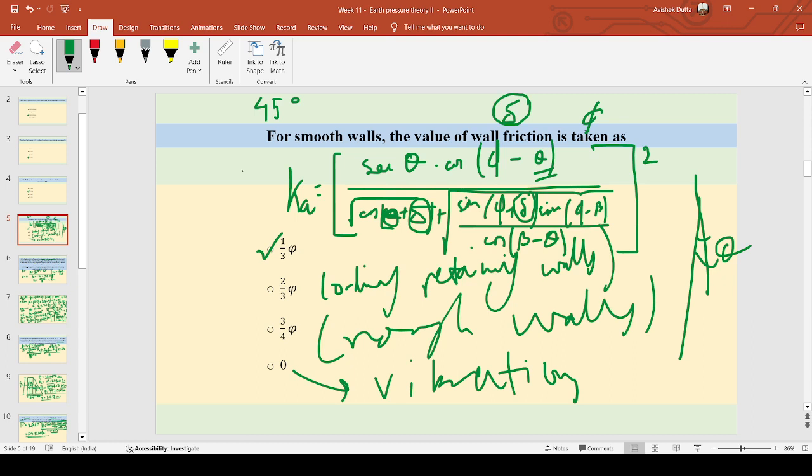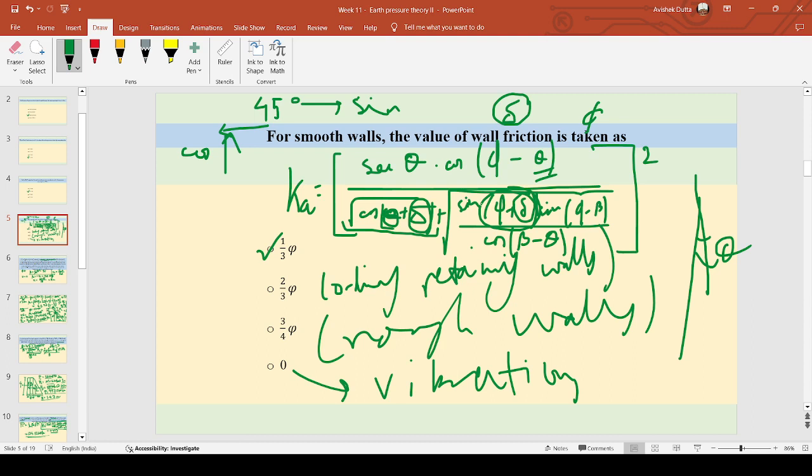Now we know below 45 degrees, cos is more than sine, right? Cos values are more than sine, and after 45 degrees, sine values are more than cos. So in the first part of the denominator, cos of theta plus delta, there is a high chance that this angle will be less than 45 degrees. But in the second part, sin of theta plus delta, there is a high chance this angle will be more than 45 degrees. So because of the incorporation of delta, the cos value and the sine value both are increasing, isn't